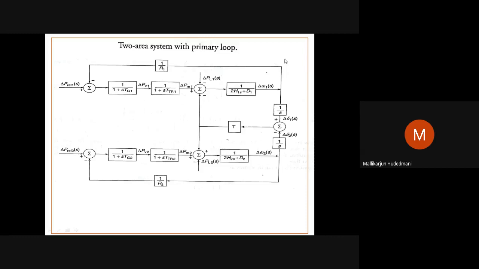Here you will find the supplementary loop missing. P reference is set, and no one is going to modify it. These two are predefined set points. You have not seen any power flow, whatever transaction is happening between these two areas. This is fed as an input to block 1 and block 2. This is just delta P12. The tie line mismatch power, or change in tie line power flow, is fed to this area and stopped here. This line is taken forward like this, and from delta omega 1 and delta omega 2,